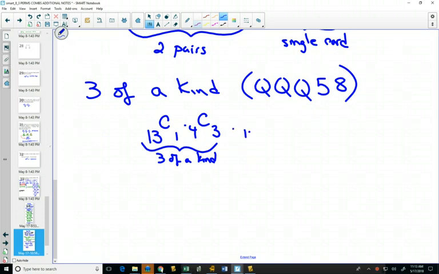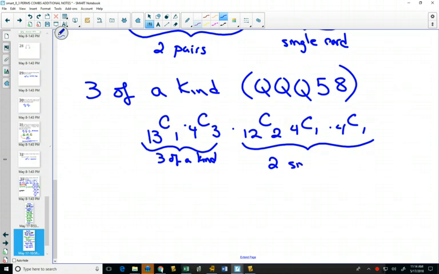Our 2 single cards need to be chosen at the same time. 4 choose 1 for the 5s, 4 choose 1 for the 8s. And we get all of the hands with 3 of a kind. And when we calculate that out, we're going to find out that it's less than 2 pairs, and that explains why that's a better hand in poker. Again, once you've got that calculation, let me know. The next one that we're going to look at